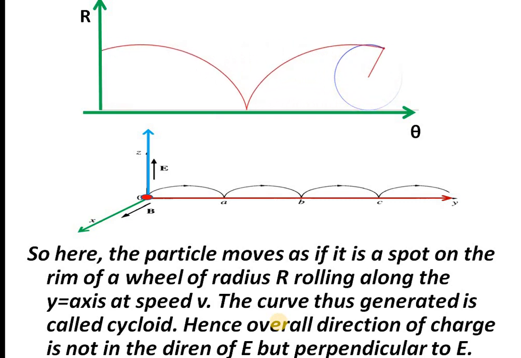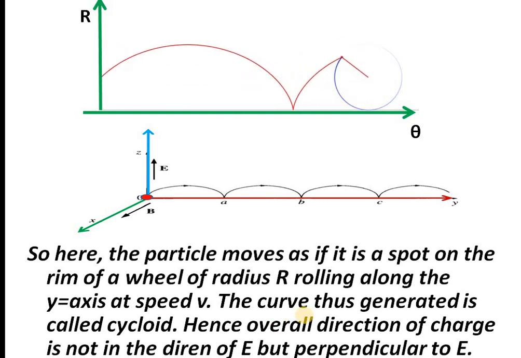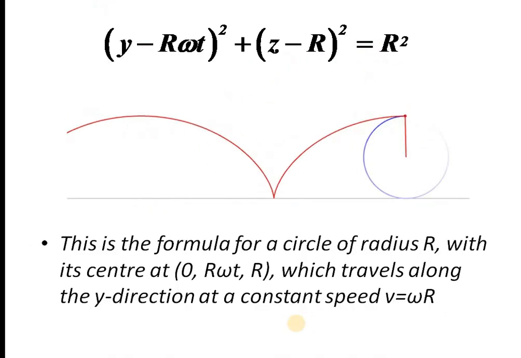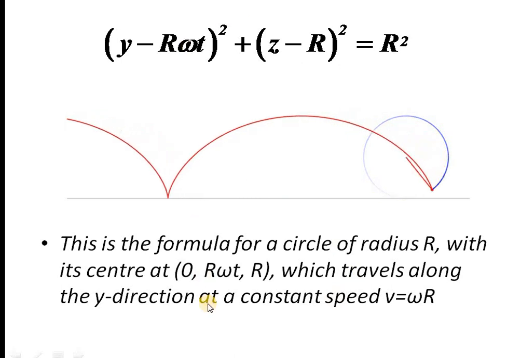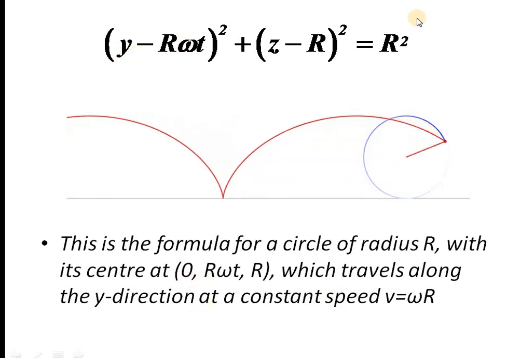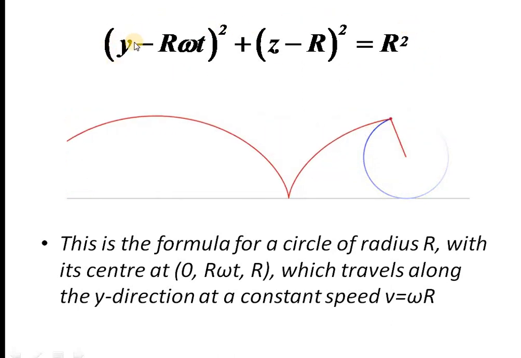Instead, it is moving in a completely perpendicular direction to both E and B. Okay, so it is one of the important things. So we can conclude that this conclusion is enough. From your exam point of view, this much is enough. Once you show that the coordinates of the charged particle are like this, it is enough.